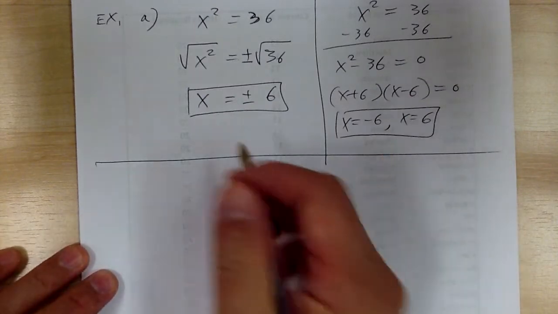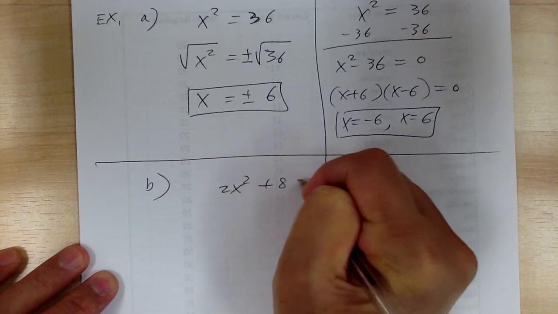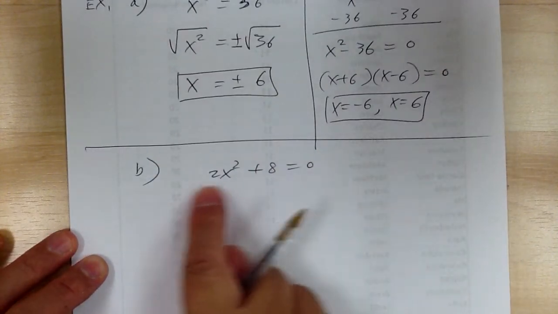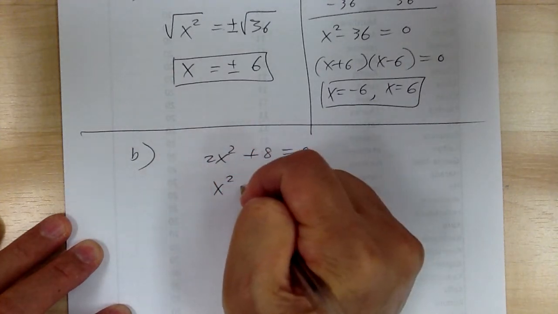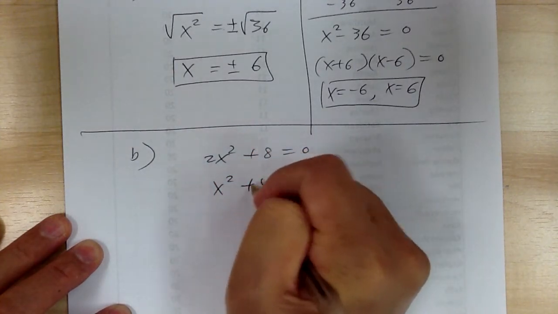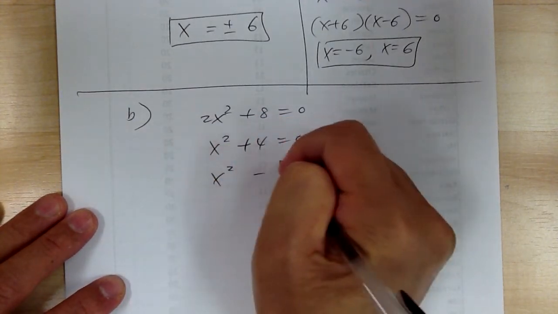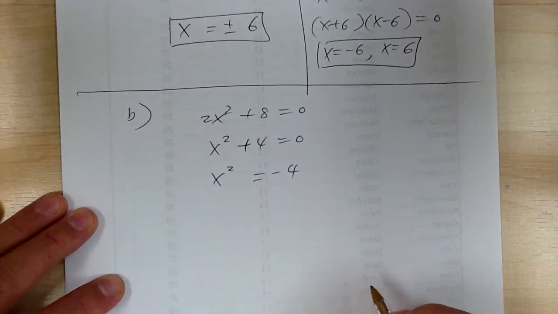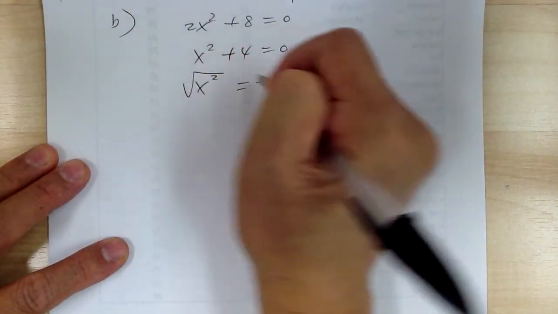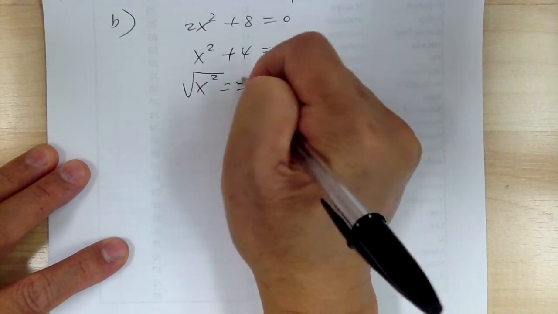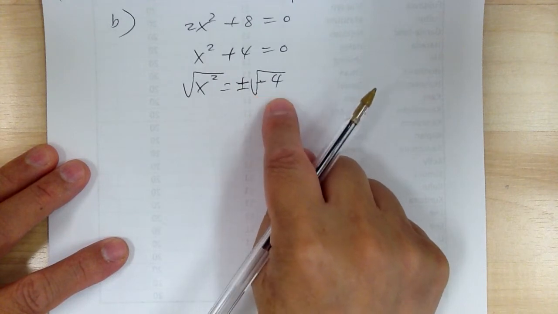Okay, so let's go to B. You have 2x squared plus 8 equal to 0. First thing you want to do is divide by 2 to lower your numbers. So you get x squared plus 4 equal to 0. This is not factorable, so you can subtract 4 on both sides. And so when you take the square root,